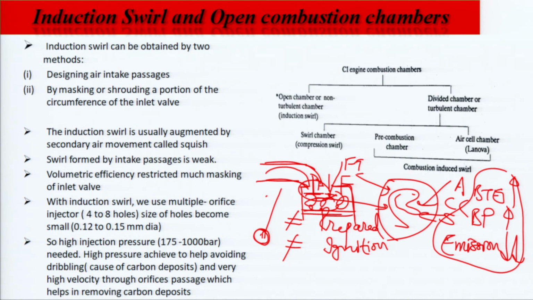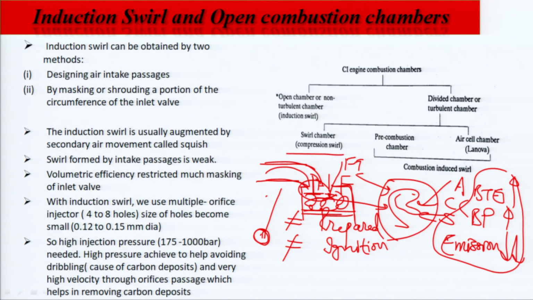And the second part, after induction, what happens? We compress that air. During compression, that compression is taking place between the piston head and the piston end, between the head and the piston. So, we design these two parts properly, and the side valves also. If you design these two parts properly, we are able to provide the swirl, organized air movement. So, you can easily mix, atomize and burn the fuel. That part is called compression swirl.